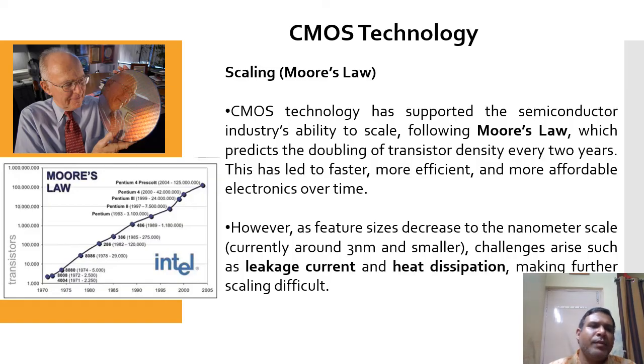So as of now, most of the industries are working on 28 nanometer CMOS technology, bulk CMOS technology. But below that level, that is 16 nanometer or 22 nanometer, or less than 16, there is 11 nanometer, 8 nanometer, that is very difficult to fabricate in mass production, due to different challenges,